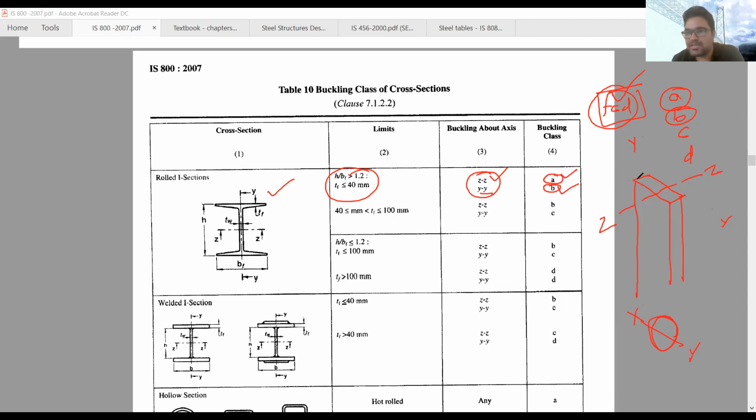So similarly, if this column section is buckling along this, you can see now this circle is circling around the Z axis. So I can say that it is rotating like this about this Z axis. So this is how we classify whether the column is buckling along the Y axis or Z axis. Okay. So in this case, you can see